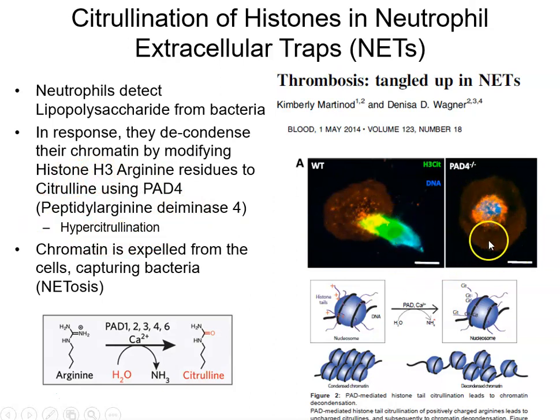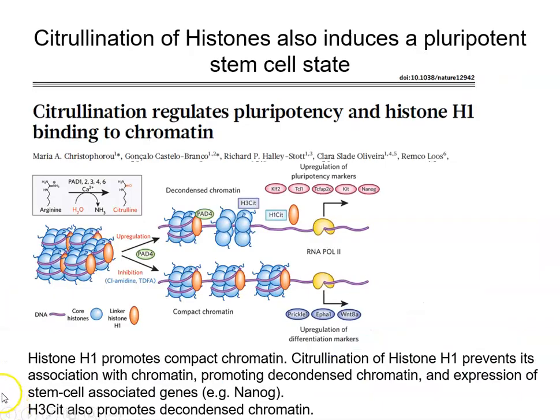Whereas if you have cells which are PAD4 mutants, that are PAD4 deficient, they cannot do this. And if you create a mouse model lacking in PAD4, then it cannot form these nets, so the cells can't undergo NETosis, and then they have an impaired immune system. Now, this same enzyme, PAD4, also has an important role in citrullinating other histones as well, in this case histone 1. Now, histone 1 almost acts as a sticking plaster to hold down the DNA when it's wrapped around the